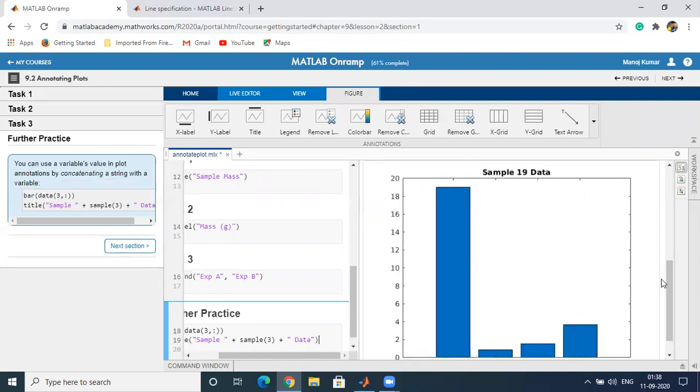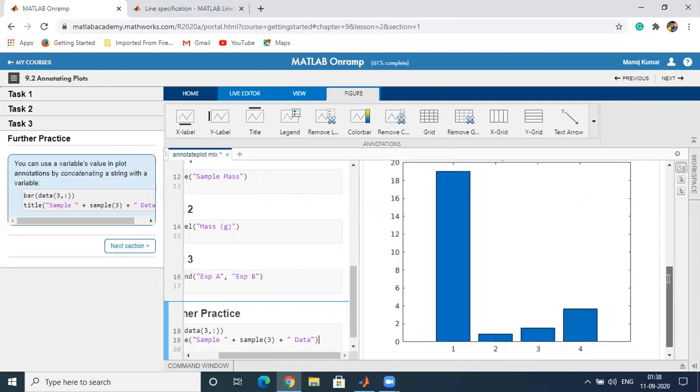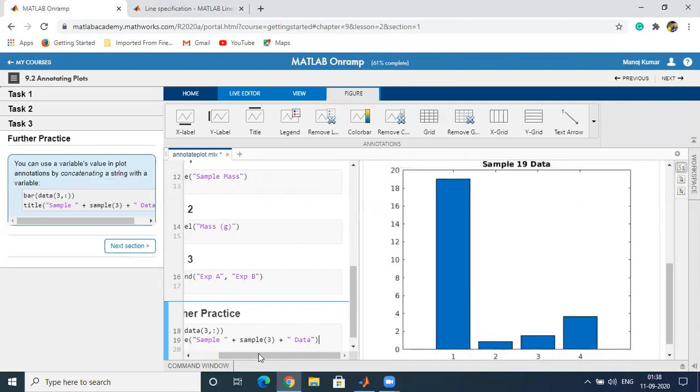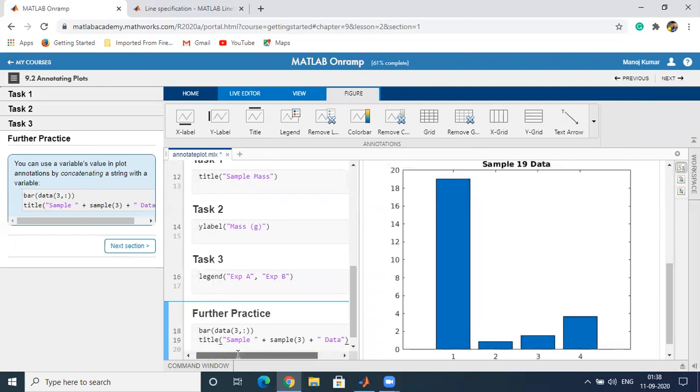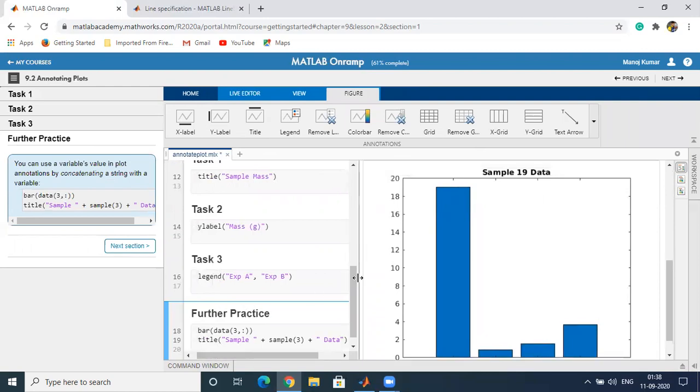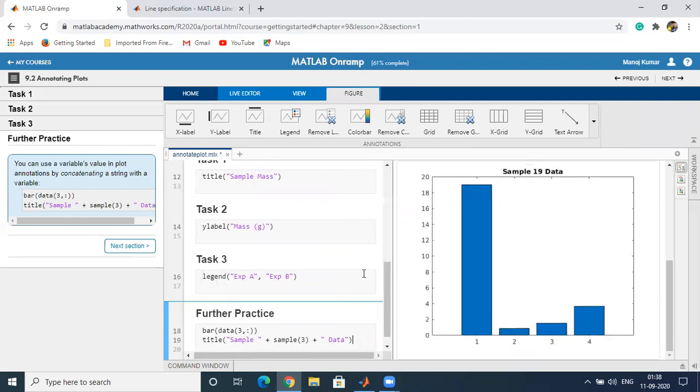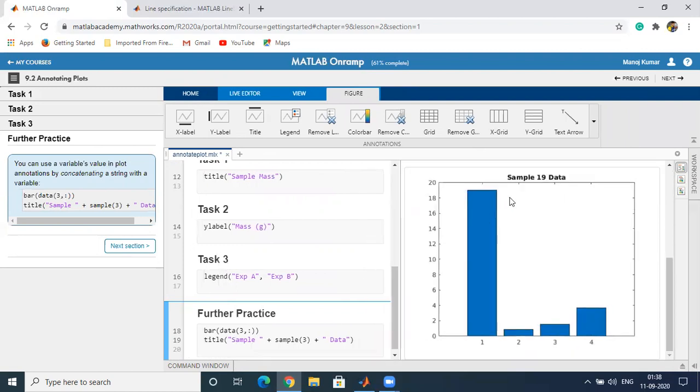You can see this is the bar plot, and we have typed in the title sample. So this will be the sample, and sample3 will be the third element, the third component of the sample vector, plus data.